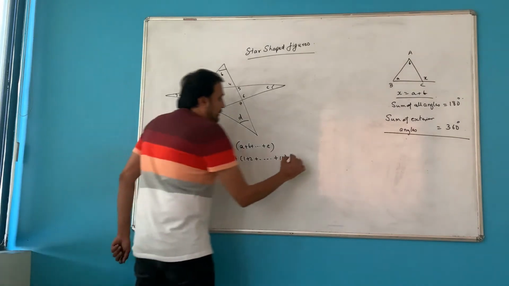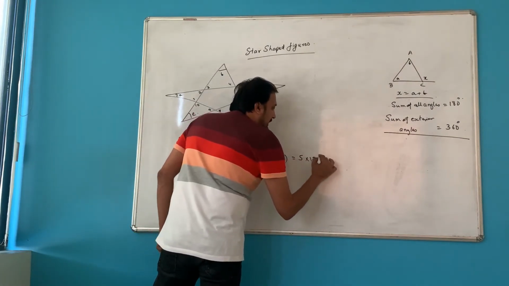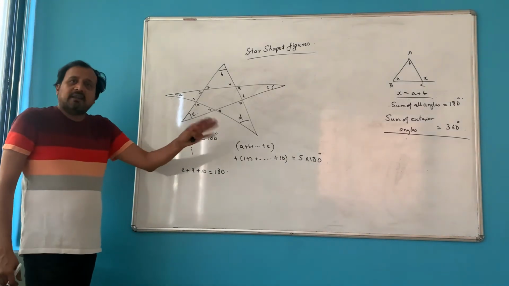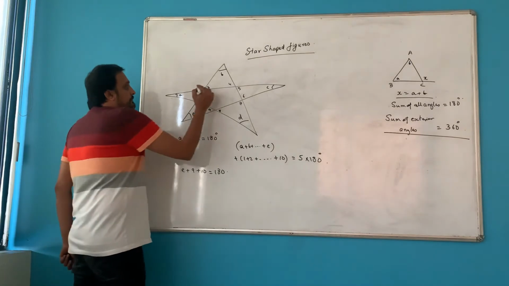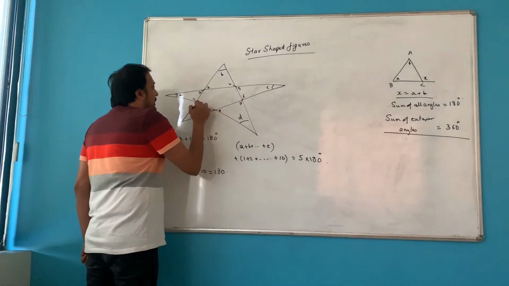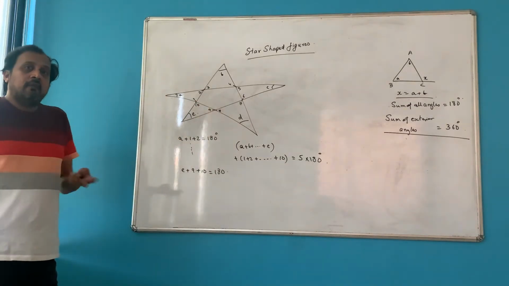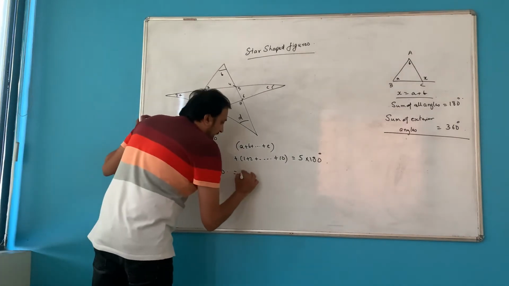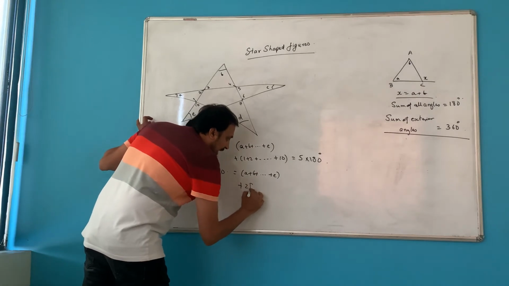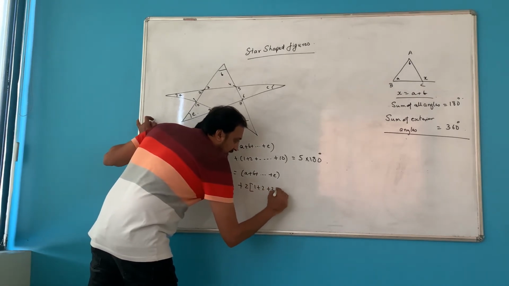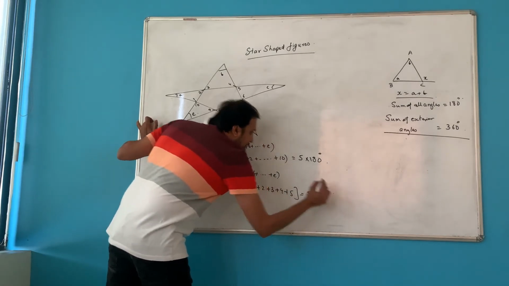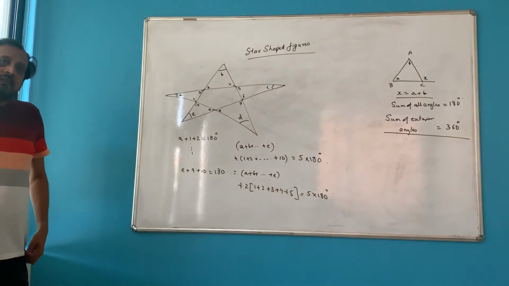This entire thing would be equal to 5 into 180. 5 times A is 1 and E is 5. So it will essentially be 5 times. Again, angle 2 is equal to angle 3, 4 is equal to 5, 6 equal to 7, 8 equal to 9 and 1 equal to 10. Why? Vertically opposite. Which means, can I write this thing as plus 2 times angle 1 plus angle 2 plus angle 3 plus angle 4 plus angle 5 would be equal to 5 into 180 degrees. I can write it this way.